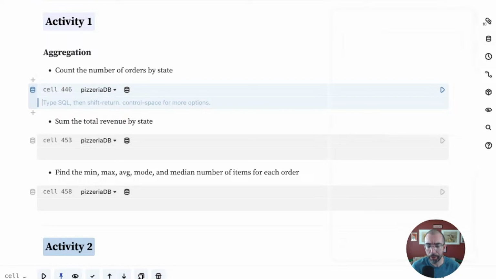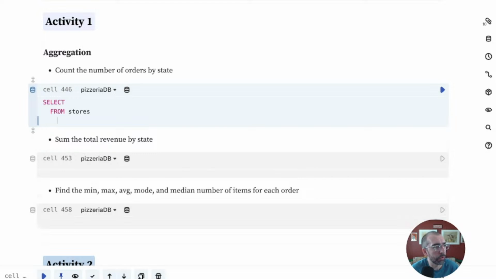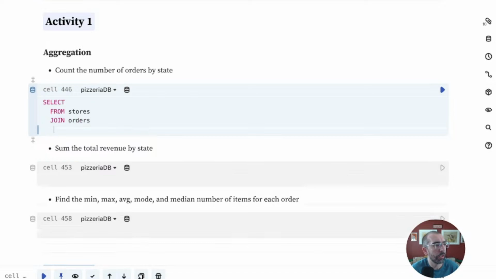So I'll start off my SQL query like I have this whole course with a select statement. So we're going to do select. And maybe for now, I'll just jump right into the from clause, and then we can specify what we're going to pull in the select. So we're going to join two tables together, the orders table and the stores table. Maybe I'll start off with stores. Select from stores, and we're going to join orders on stores ID equals orders store ID. And now we're going to get the stores state,